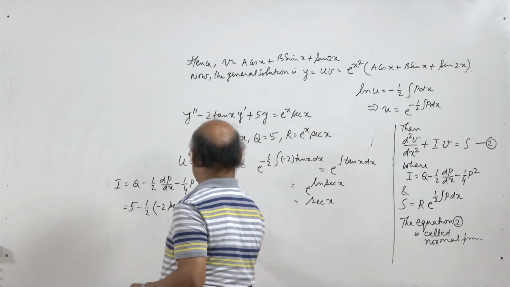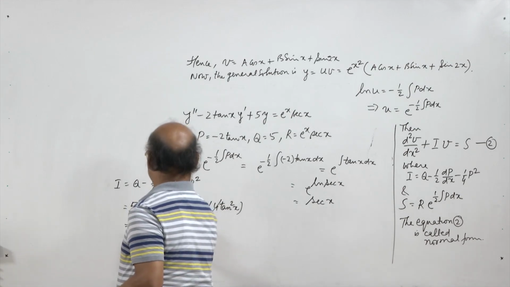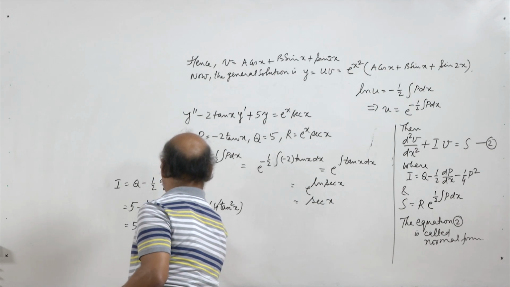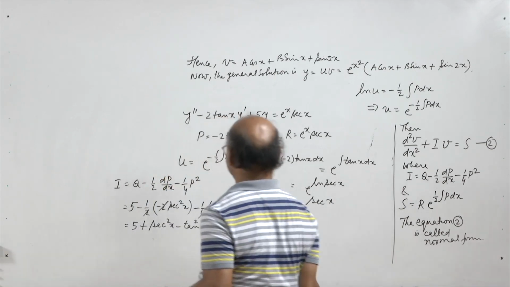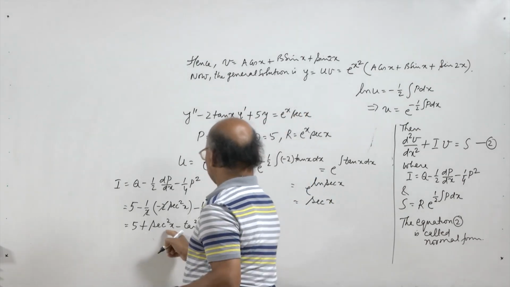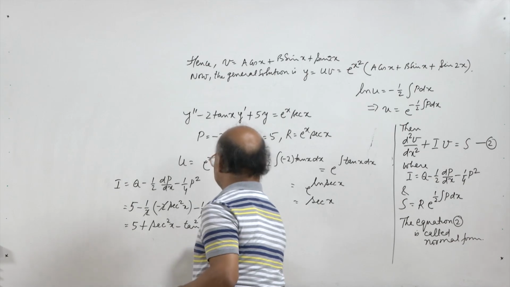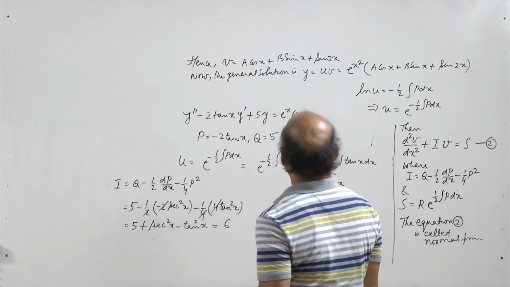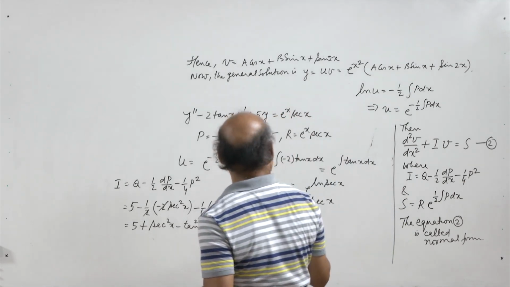Okay. So, this is 5 plus sec squared x minus tan squared x. Sec squared x equal to 1 plus tan squared x, so sec squared x minus tan squared x is 1. So, this is 6. So, I is again a constant and therefore we can easily integrate the normal form, that is,